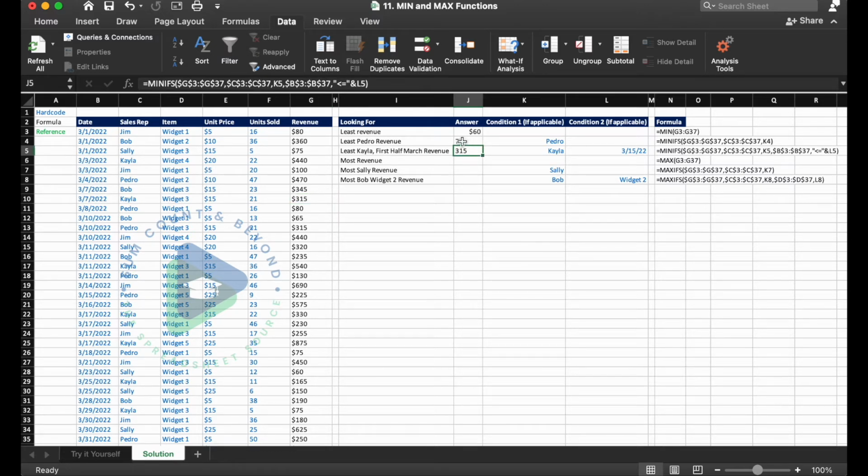Okay, so nice job. We just learned about the MIN family of functions, and now we're going to look at MAX. So unlike MIN, which finds the smallest value, MAX is going to return the largest value. So first, let's look for the largest sale in the month of March. So in J6 we're going to do equals